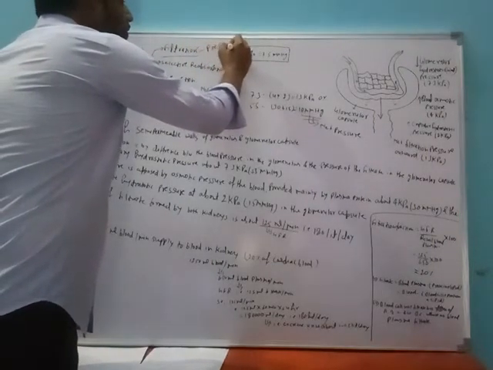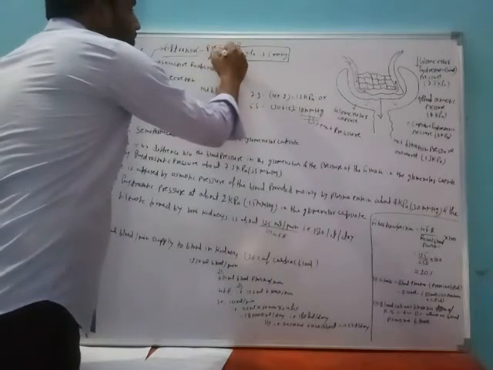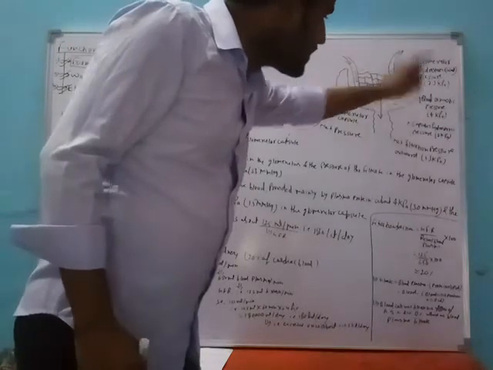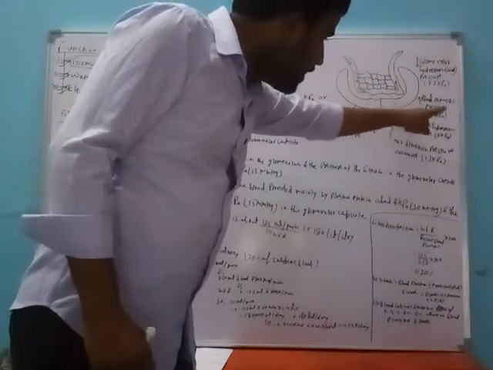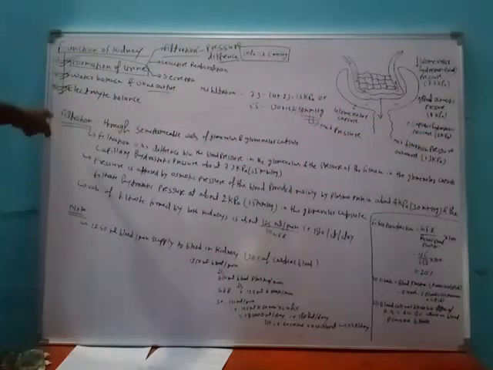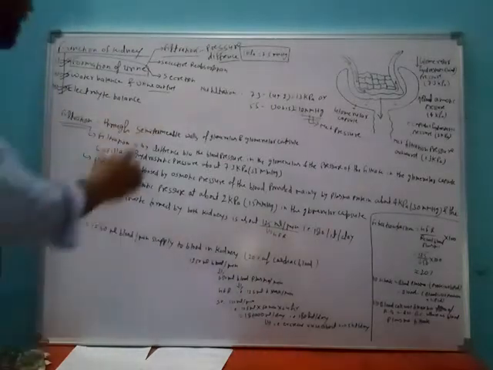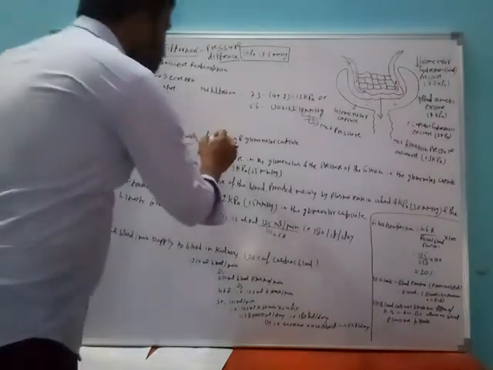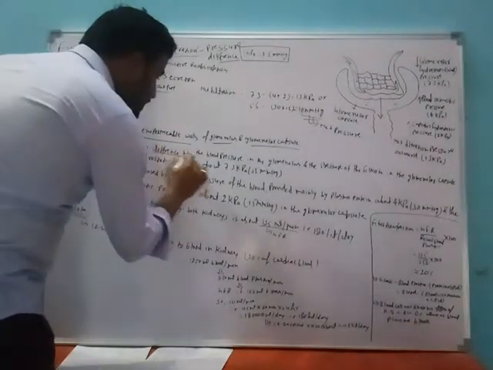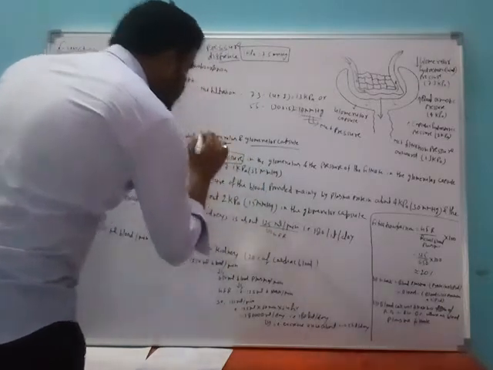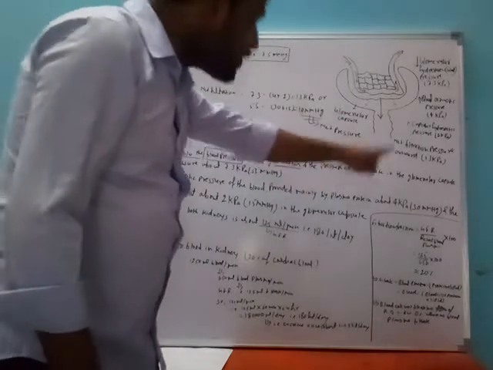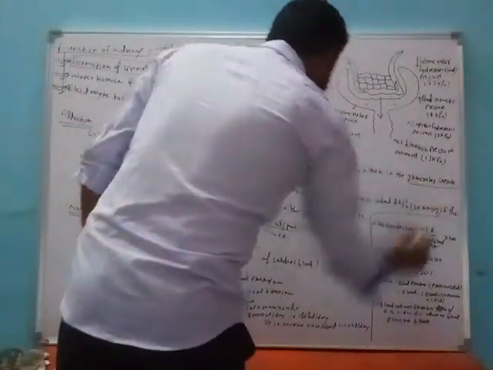difference. Pressure difference in between glomerular hydrostatic pressure, blood osmotic pressure and capsular hydrostatic pressure. Filtration takes place through the semi-permeable walls of the glomerulus and glomerular capsule. Filtration is by the difference between the blood pressure in the glomerulus and the pressure of the filtrate in the glomerular capsule.